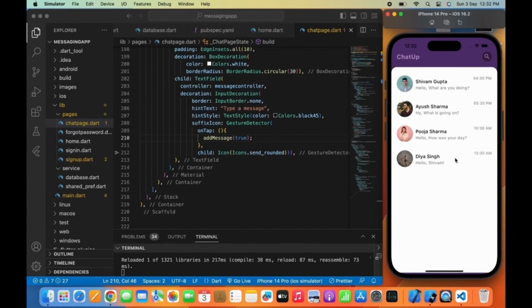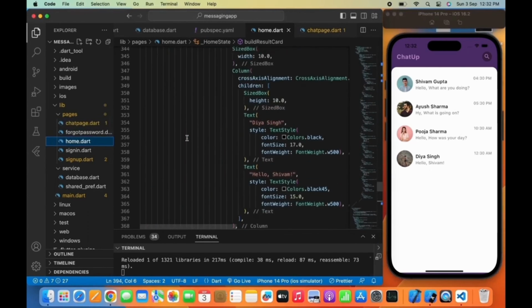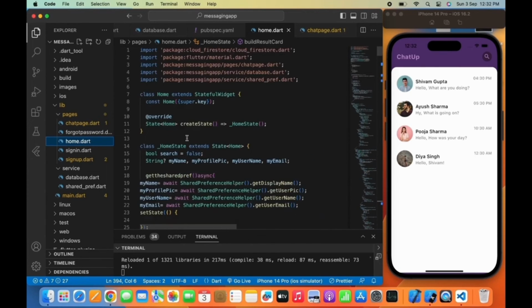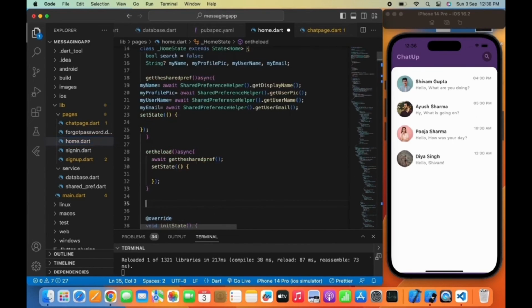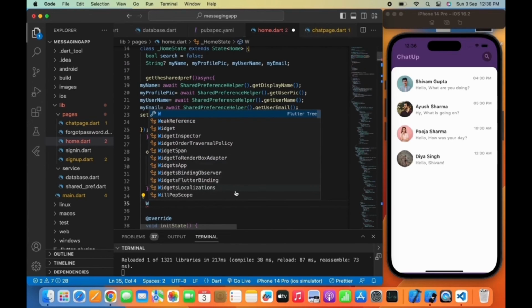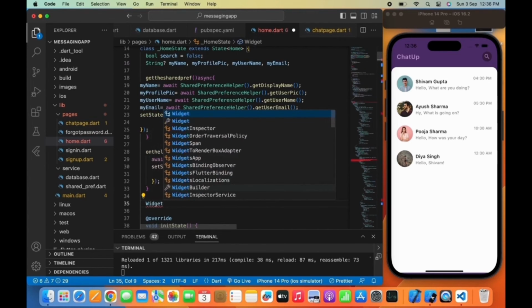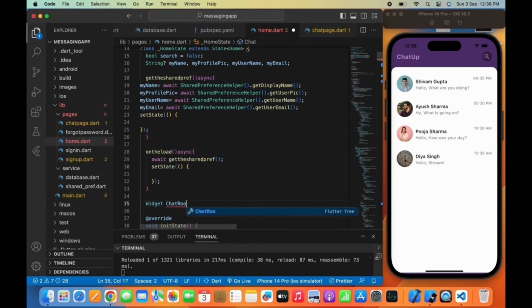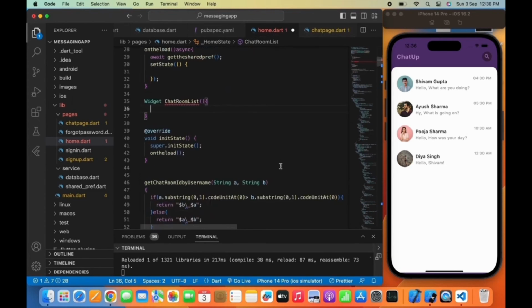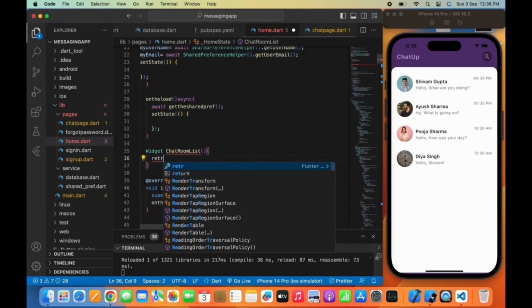Now let's move to the homepage.dart file again, and we want to show all the last chats or previous chats inside our home page. So now let's call all the chat rooms from Firebase Firestore where I have a chat with a specific user. I will create a widget named chat room list here to get all the chat rooms inside our home page. So I will again use a stream builder here